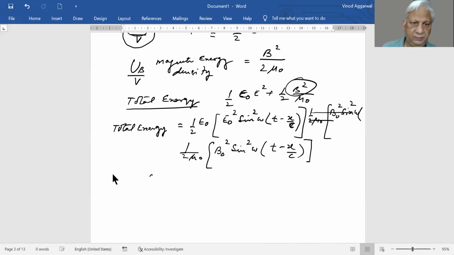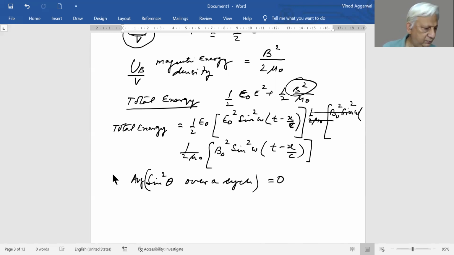Now we've seen that sine square theta, average value over a cycle is 0. Okay. So, sorry, it is not 0. It is over one cycle half. So what we get is